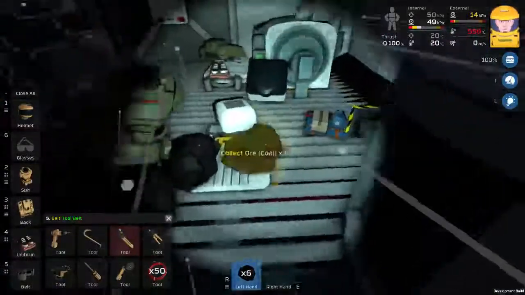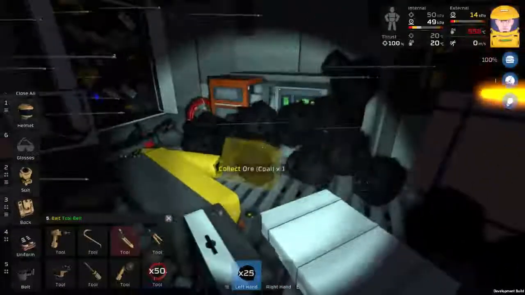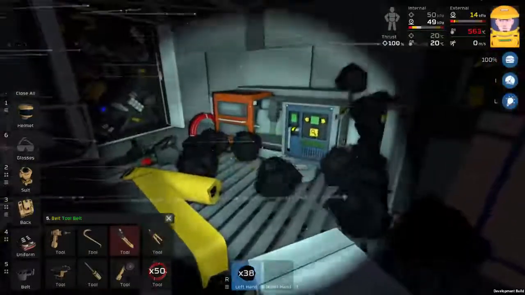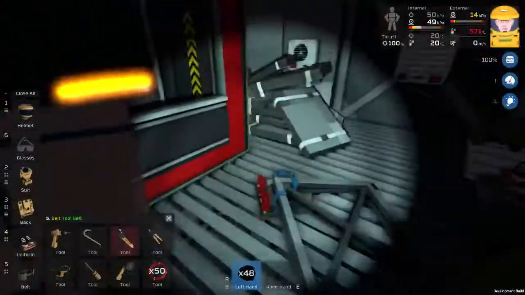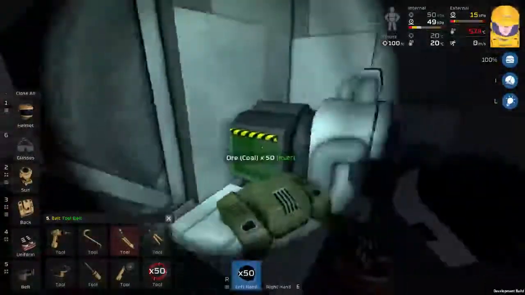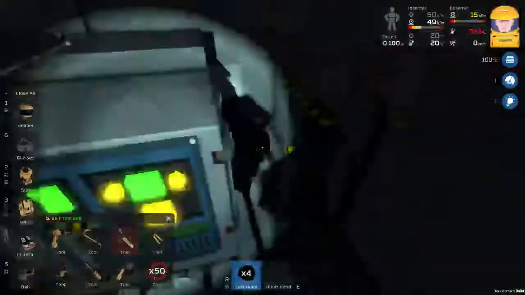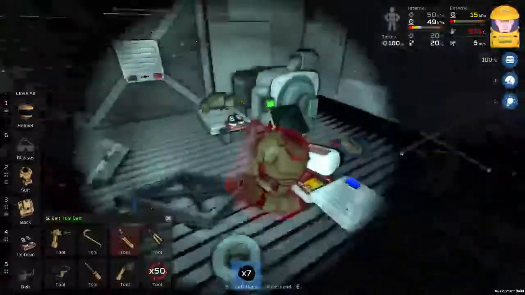Let's just see if we can. If you're wondering how I'm actually able to do this, making coal out of a tool manufacturer, you may be thinking, but I can't do that. No, you can't, because I've got a little XML edit that allows me to do this. It is available on